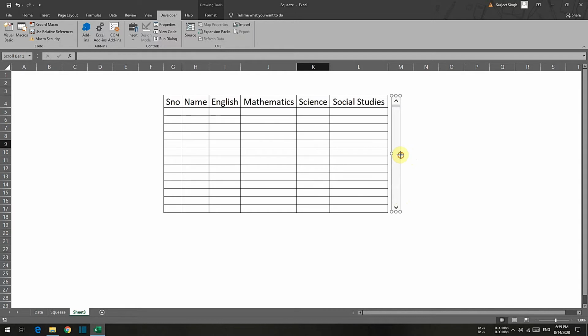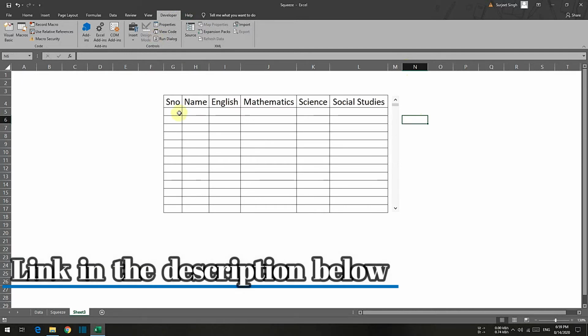I can change the size like this. Alright, if you do not have this Developer option, please check my previous video regarding learning macros, wherein we discuss how to add the Developer option if it's unavailable.